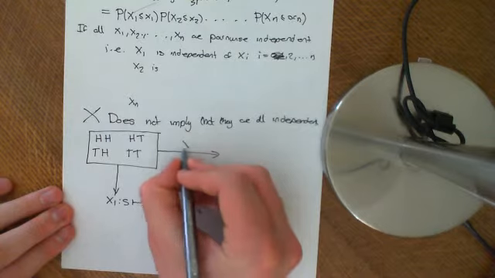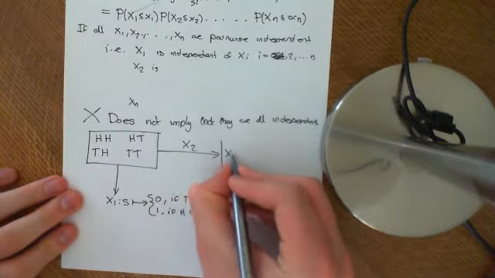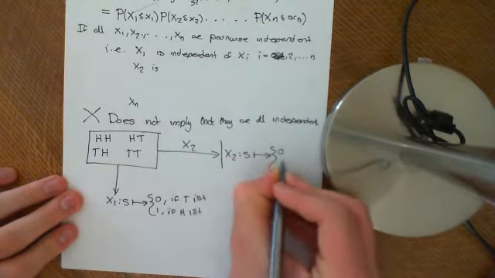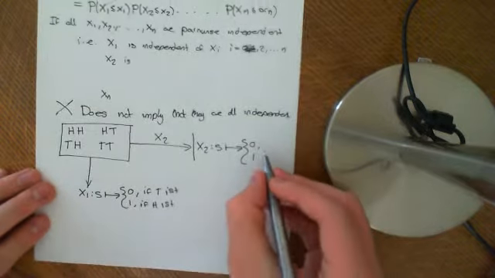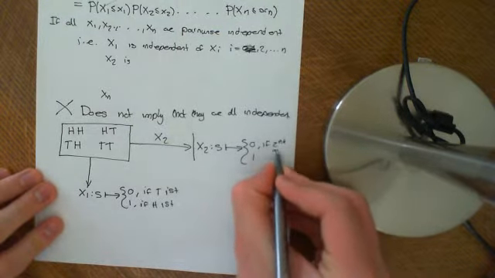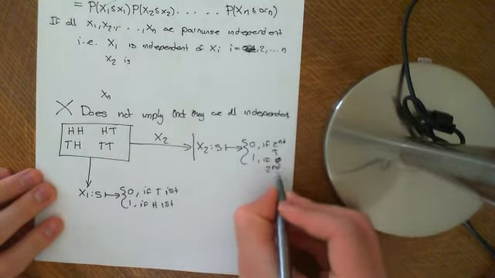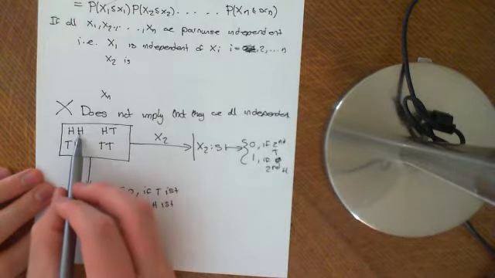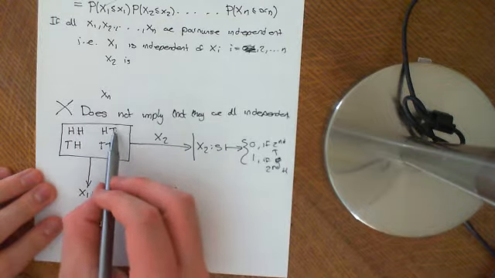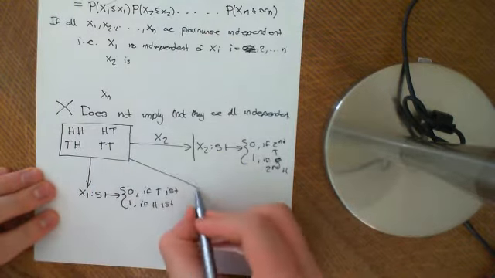We've then got another random variable which is x2, which is a very similar random variable, so it's going to map any outcome onto, again, 0 and 1. It'll be 0 if the second flip is a tail, and 1 if your second flip is a head. So it's going to map this one onto a 1, this one onto a 1 because your second flip was a head, and this one onto a 0, and this one onto a 0. And then, we're going to have a third random variable,